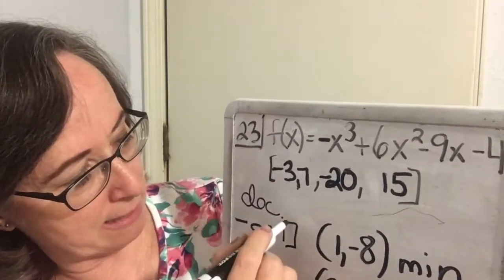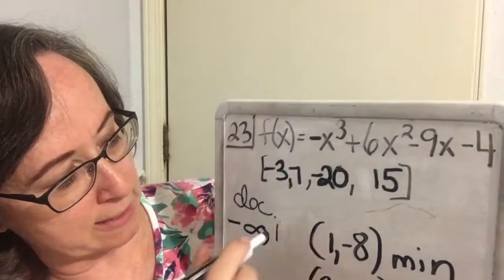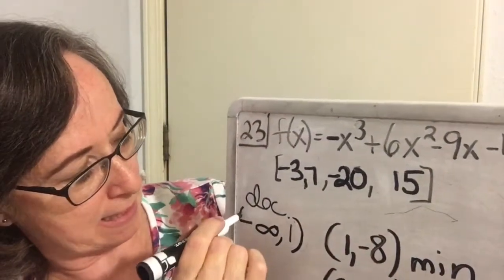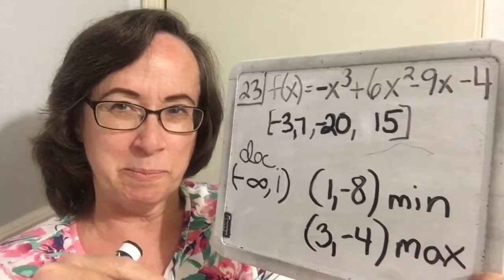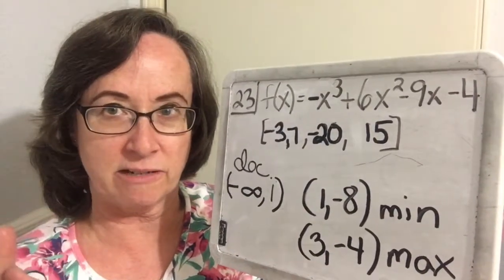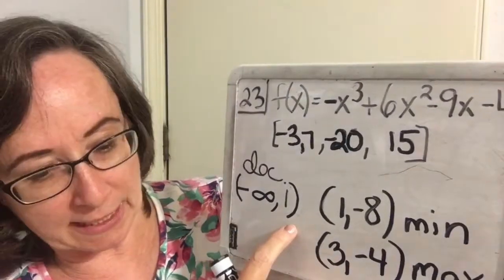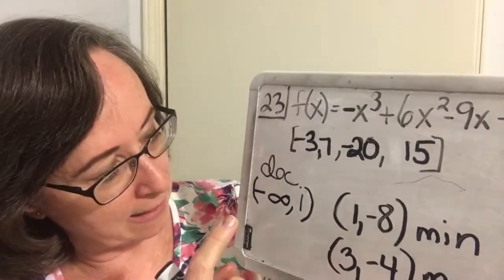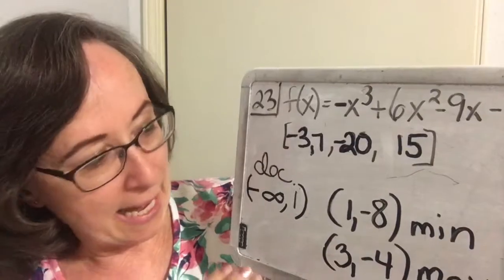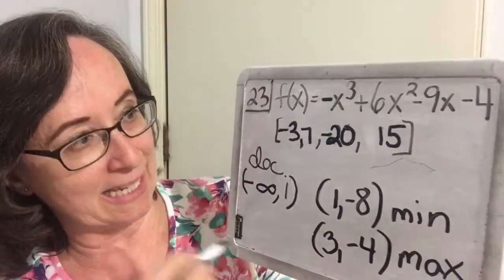Okay, and then I'm going to go ahead and put parens. Remember, we didn't use the brackets because we figure at the turning point it's not increasing or decreasing, it's just kind of turning. Okay, so negative infinity to 1 is the decrease,